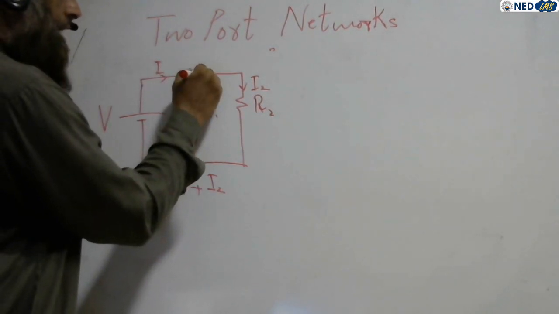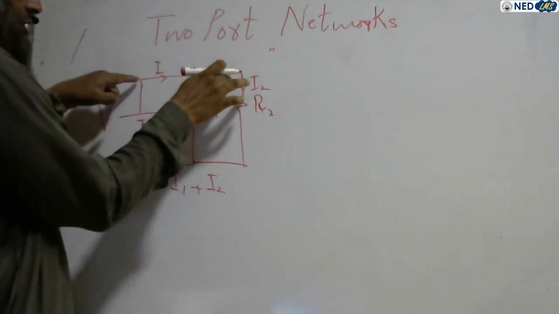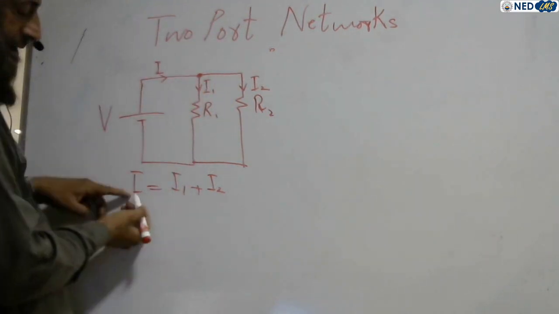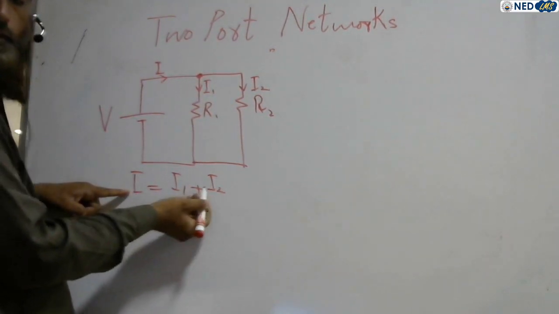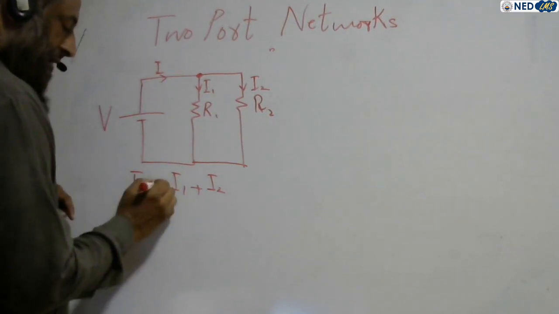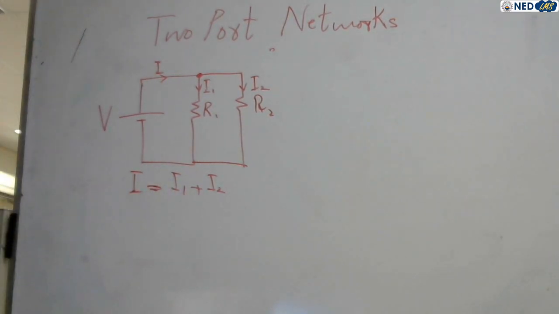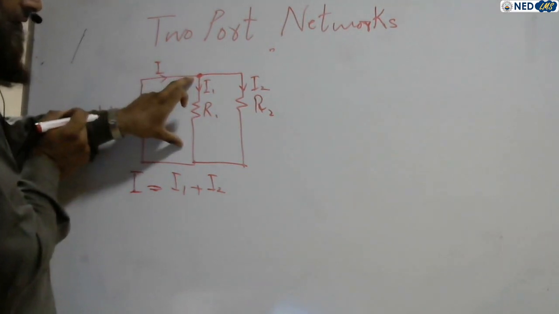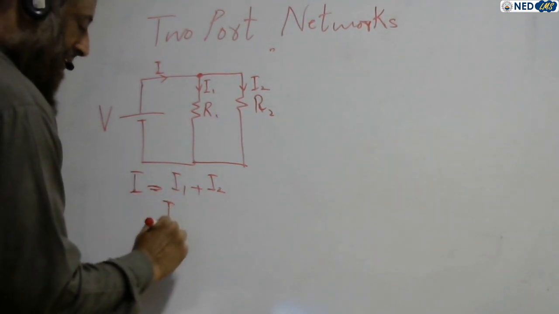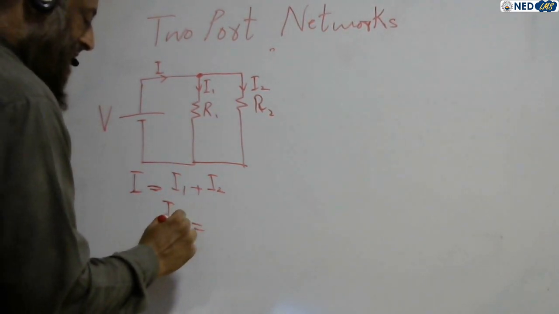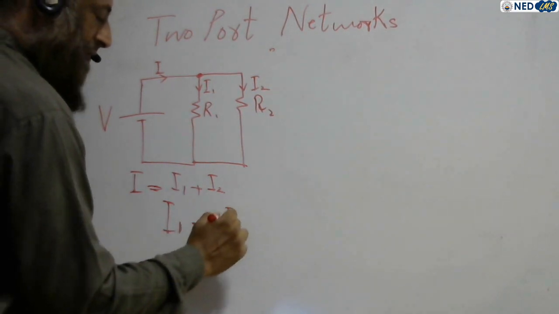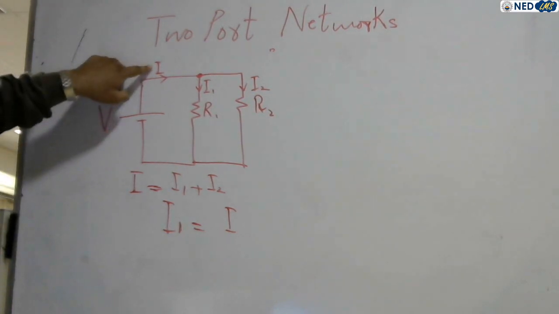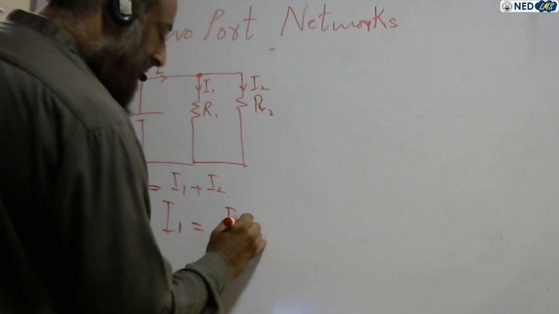Or you can apply nodal analysis, Kirchhoff's current law: the current entering equals the current leaving. So in the current division rule, if we want to calculate I1, that is this branch current, I1 equals the total current. In voltage division it was total voltage; in current division it is total current actually. This total current I is multiplied by